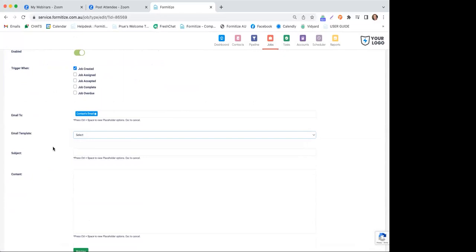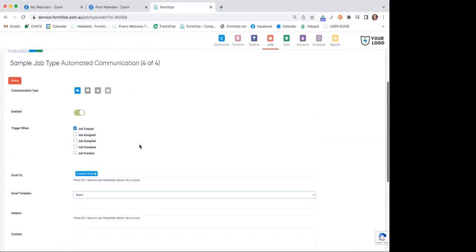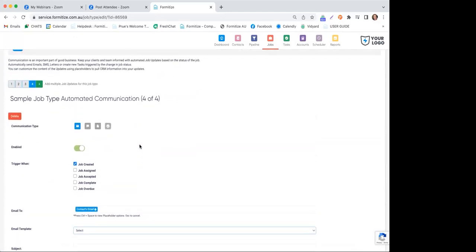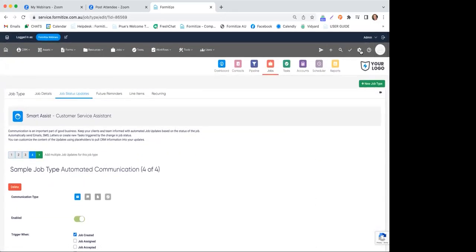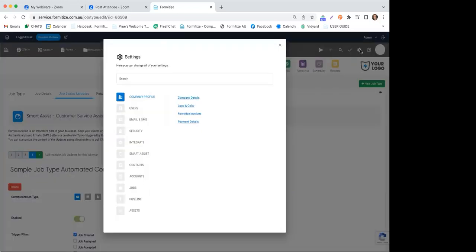So we'll come back to job types again a bit later. I'm going to talk about quotes and quote reminders. So again, in your settings cog, you have the Smart Assist. So you'll see that we've got that for your lead pipeline, for quotes, invoicing as well. So with your quotes,